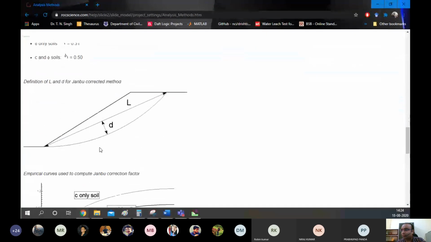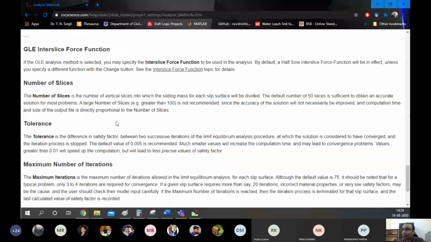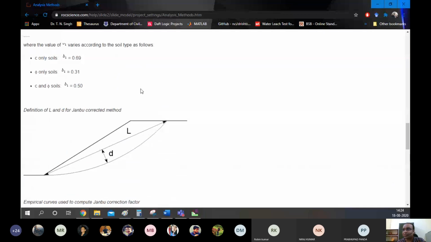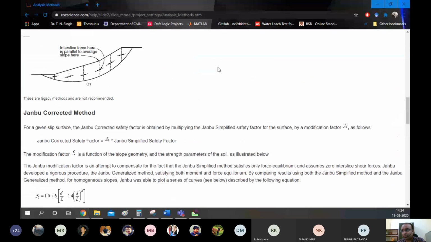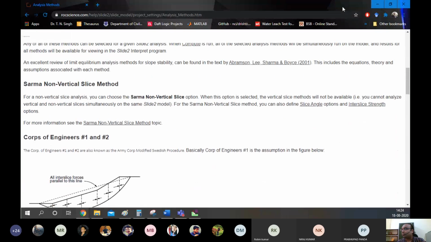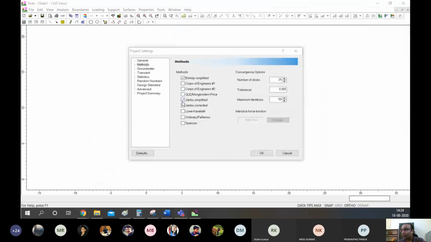And some details are given of these methods, so if we have time, we can go through it. What are the differences? Why is the factor of safety different in each case? I don't want to take these methods one by one because there are many, not even limited to these 8 or 9 methods that are given here, but there are many methods of these equilibrium balancing equations that have been developed.